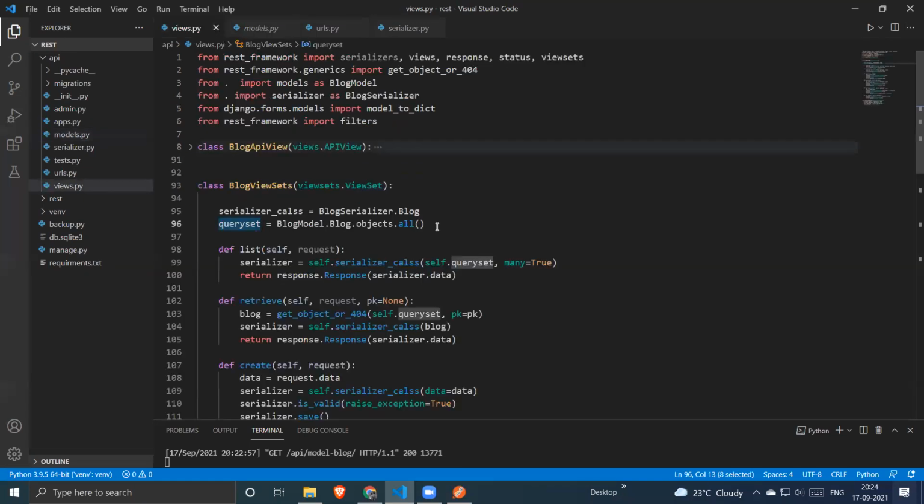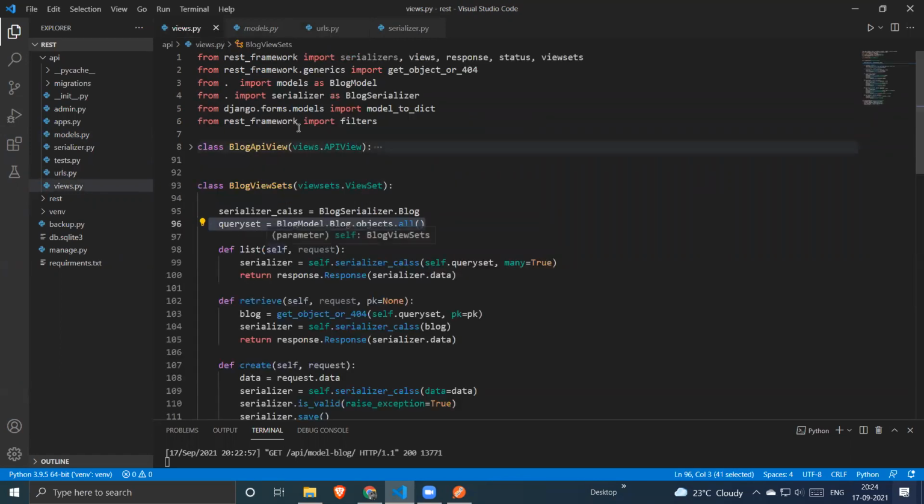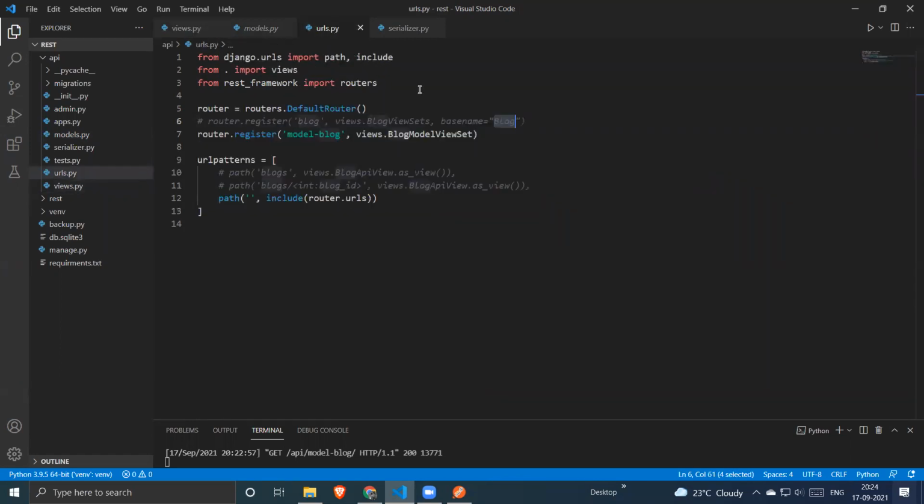For example, if you don't have any query set in your API view set, then you have to define a base name, which will be treated as your fake model name. You can override your model name or query set parameters from the base name. It is not a good practice. You have to do everything in your API views. Earlier, it used to happen.